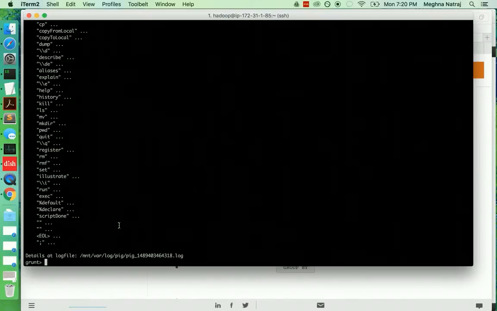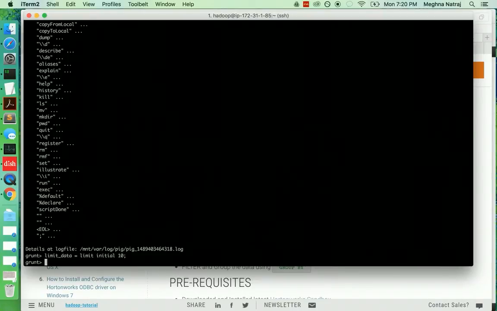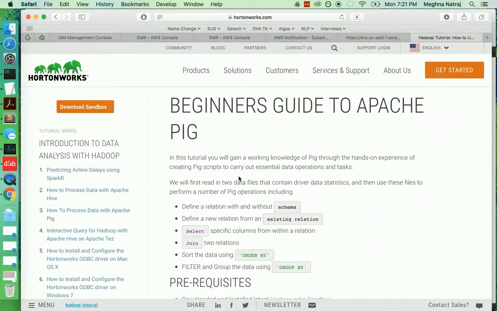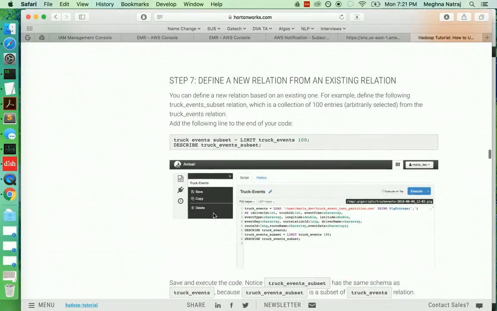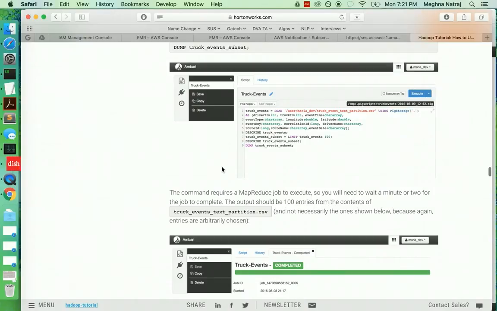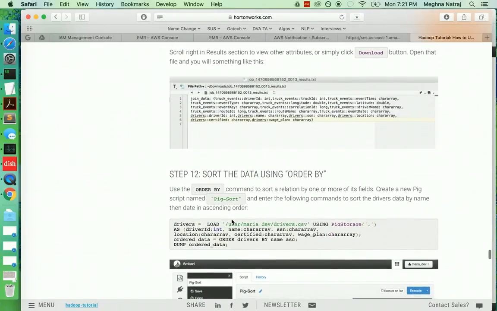Okay, so I'll do limit data equal to limit initial 10. I think that's correct. Okay, so yeah, there you go. So it just ran. So you can keep running a number of Pig functions, from say limiting the amount of data, to probably filtering it, grouping it,